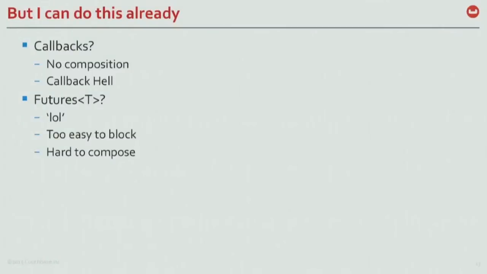And then there's Future, which was the async API introduced in Java 7. There's a get method that nobody understood. When you have an object, you call get. That's what people do, and get is blocking, so it's kind of against the purpose of doing something asynchronous. And it was really hard to compose, so in Java 8 they added CompletableFuture, which is much, much better than this, but still.